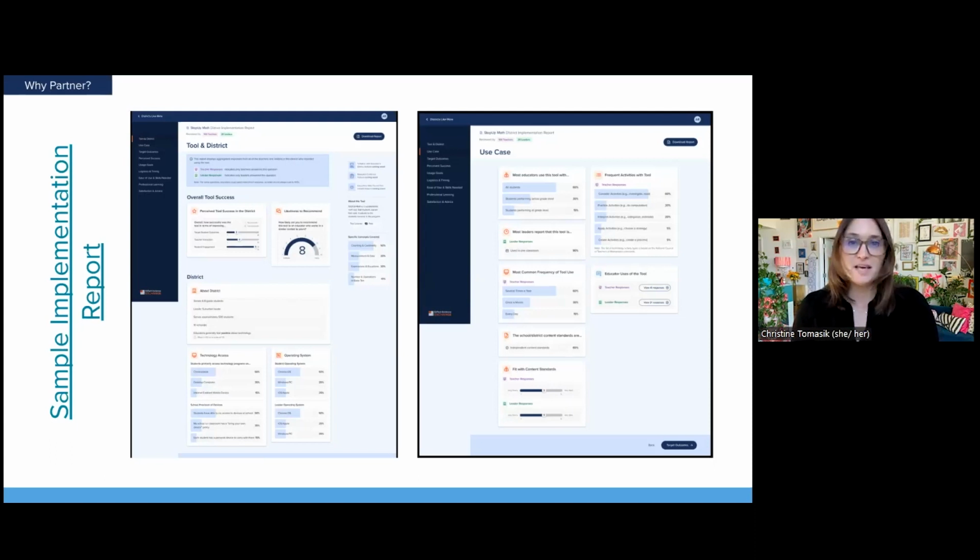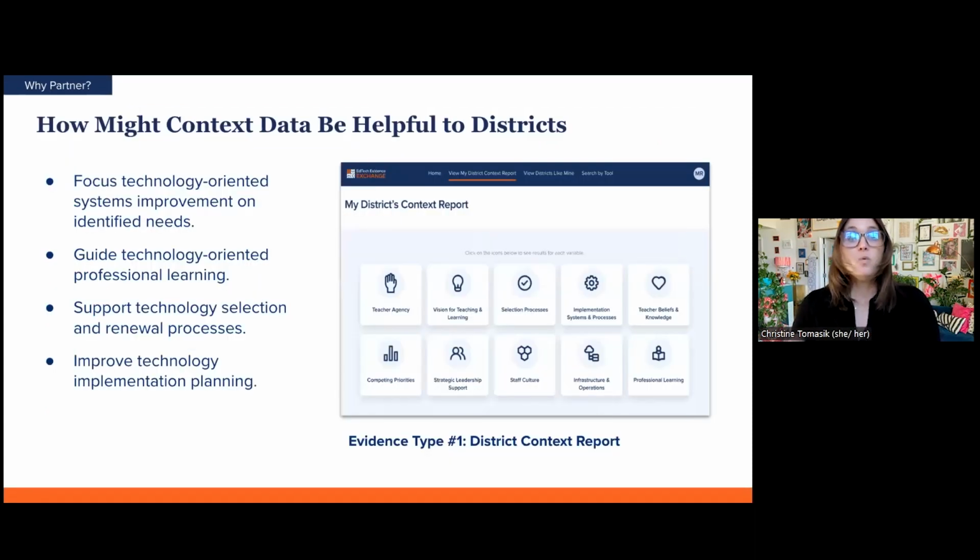These two surveys capture a lot of data. And next, I will walk you through a few examples of how you might use the evidence in the reports to inform decision-making. We offer 3 types of evidence displays in our Exchange platform that partners find helpful for making effective and equitable decisions.